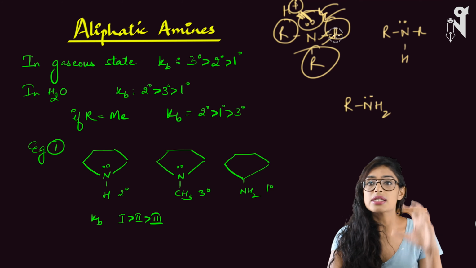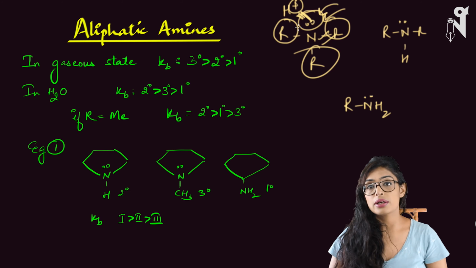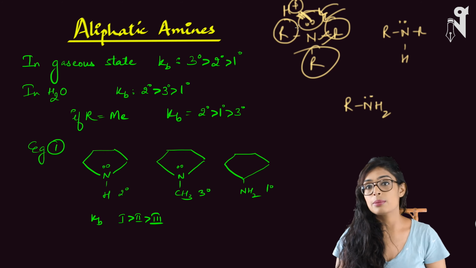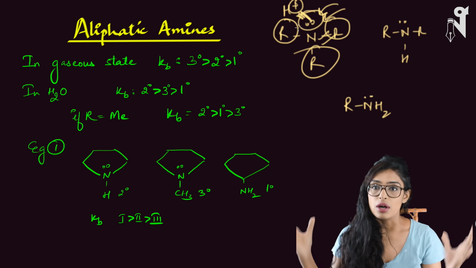But these bigger groups restrict the incoming of water closer to the nitrogen due to their bulkier size. Even though it has excess electron density, it cannot exhibit the basic behavior that nicely, because water itself cannot come closer and give its H plus to this nitrogen. So even though it has all the required conditions to be most basic, it just cannot behave like a base, because the movement of water and the lone pair is restricted. Why is it restricted? A lot of steric hindrance.